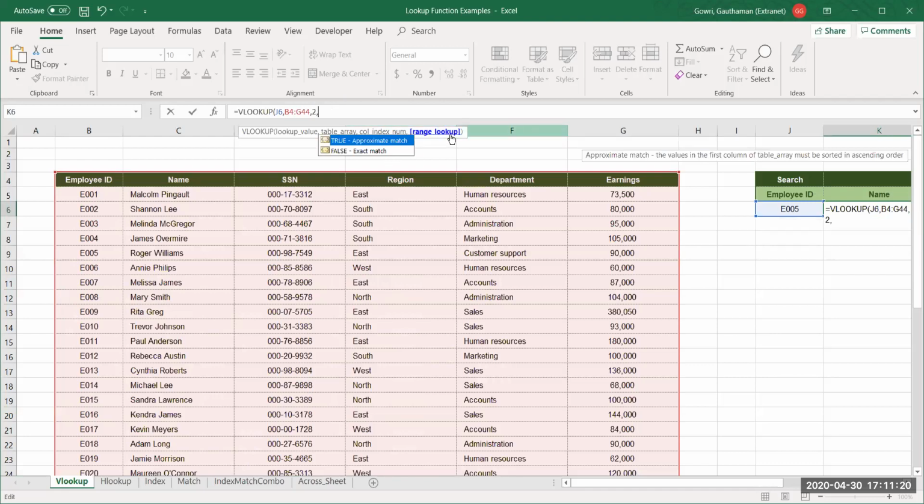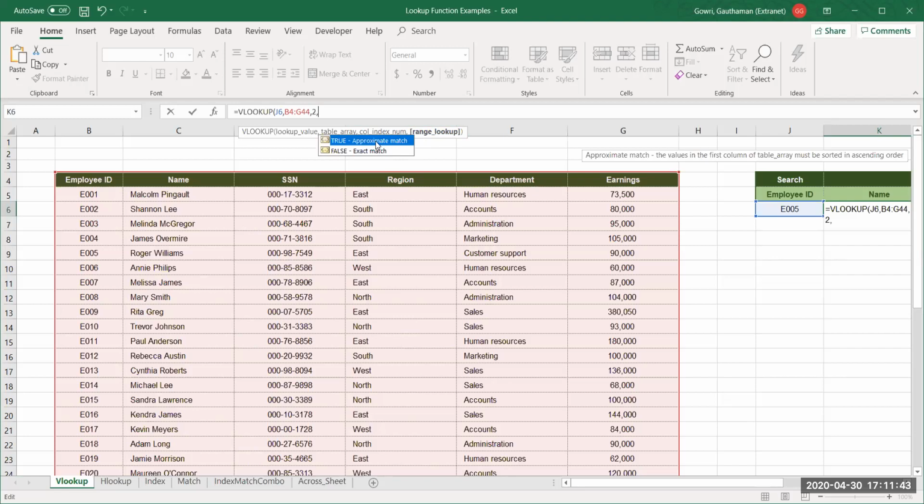Most of you skip this. I know this is an optional parameter, but mentioning it is very important. If you don't mention anything in range lookup and leave it as it is, it will give you an approximate match. This is not the accurate result that you would expect.